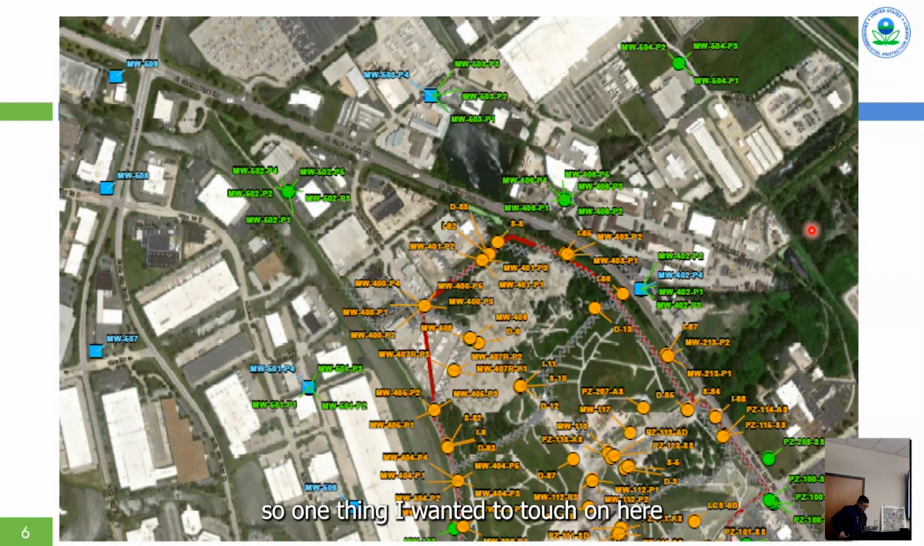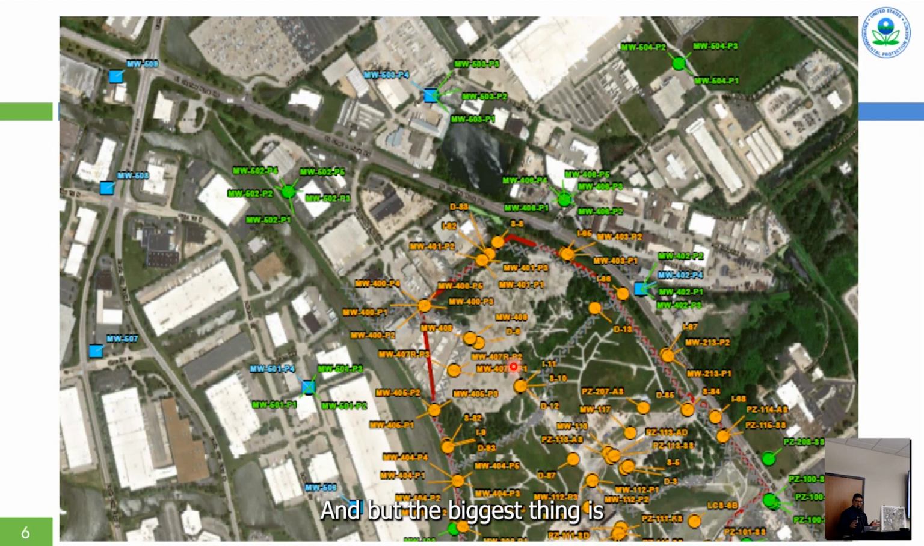One thing I wanted to touch on here was these well locations. There are a lot of identifiers. So we have 2 types of wells. We have multi-level wells and we have single screen wells. The difference being the multi-level wells are installed in one borehole. You drill one hole, you put multiple screens at different depths. It leads to certain efficiencies in